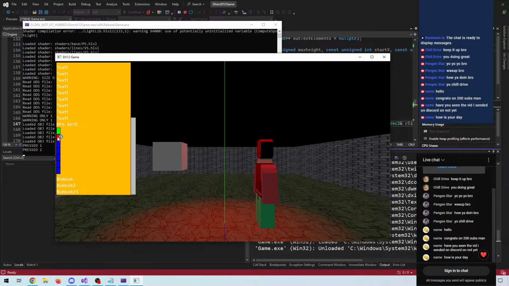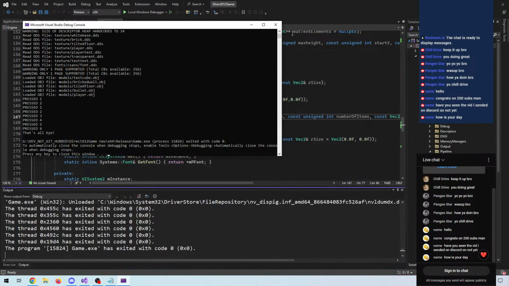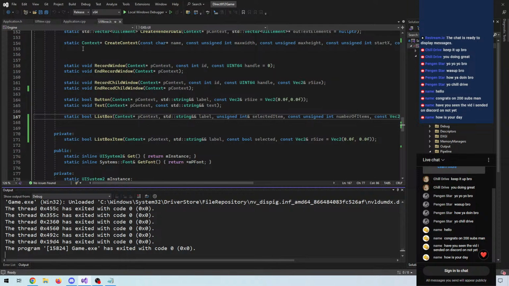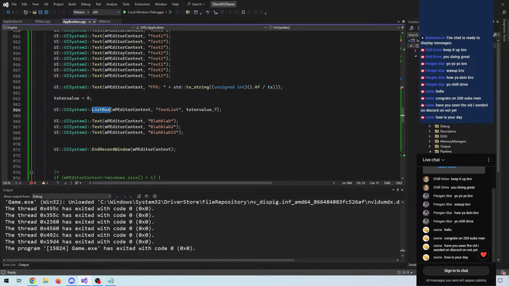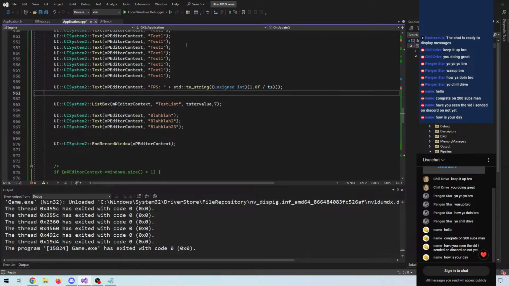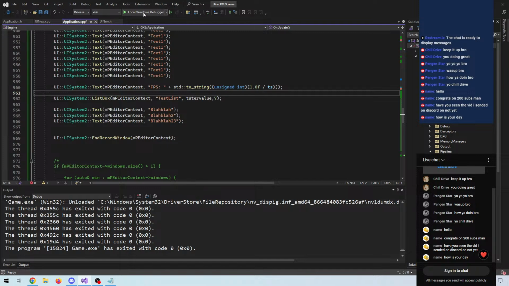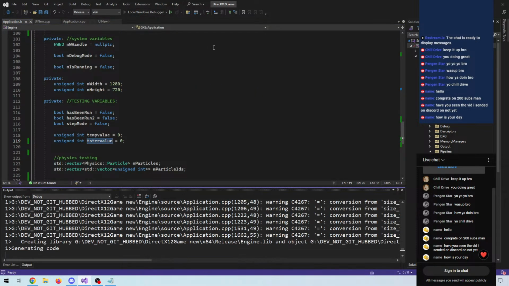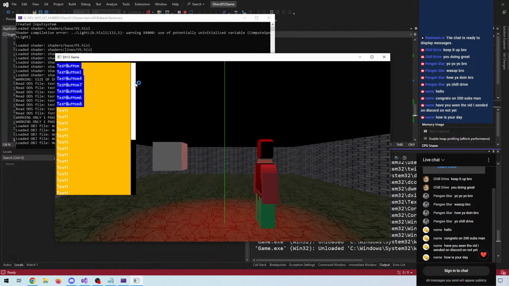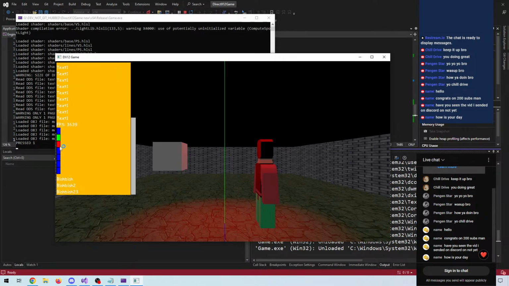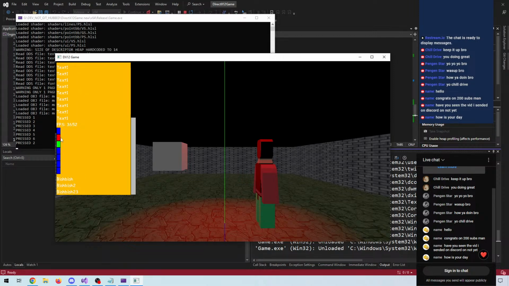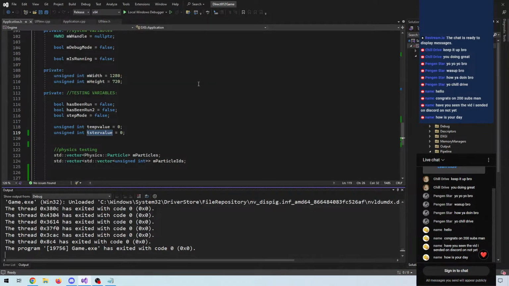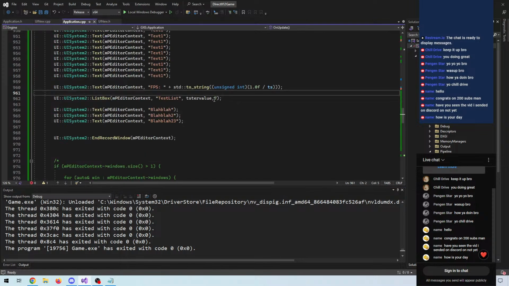So now, okay, we're still not updating our value yet. For some reason, let's see. Oh, I reset it every frame. Whoopsie-doo. That's why. We also need to reference it. So now you can see that we are able to select different items here. Let's increase the size